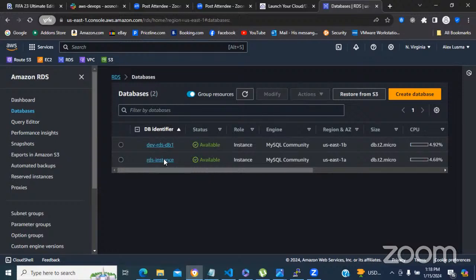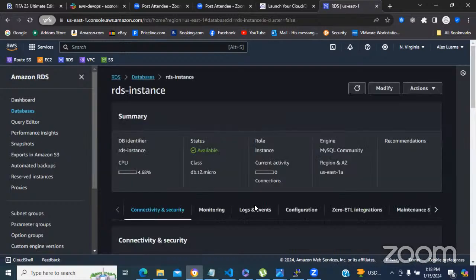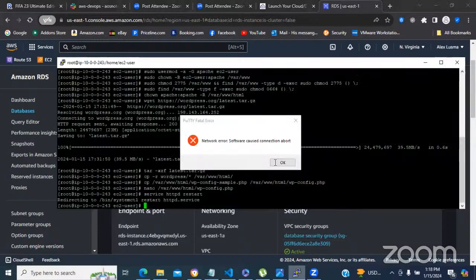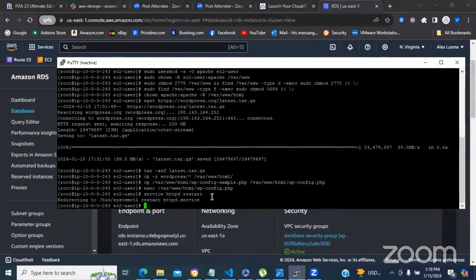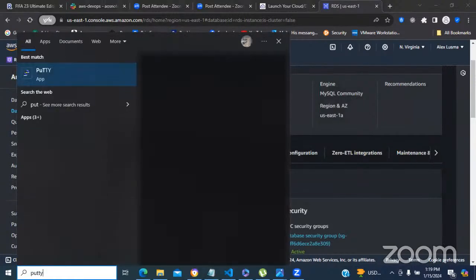Okay, it's done. So that's the one you created, right? The RDS instance. Okay. So now in your PuTTY session, let's reconfigure a timed URL. So close it and open it back and SSH into your setup server. Then we will try to